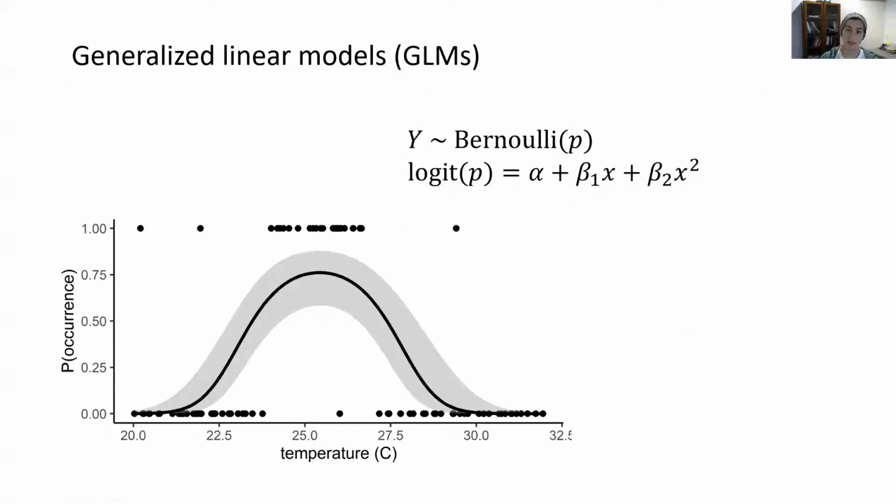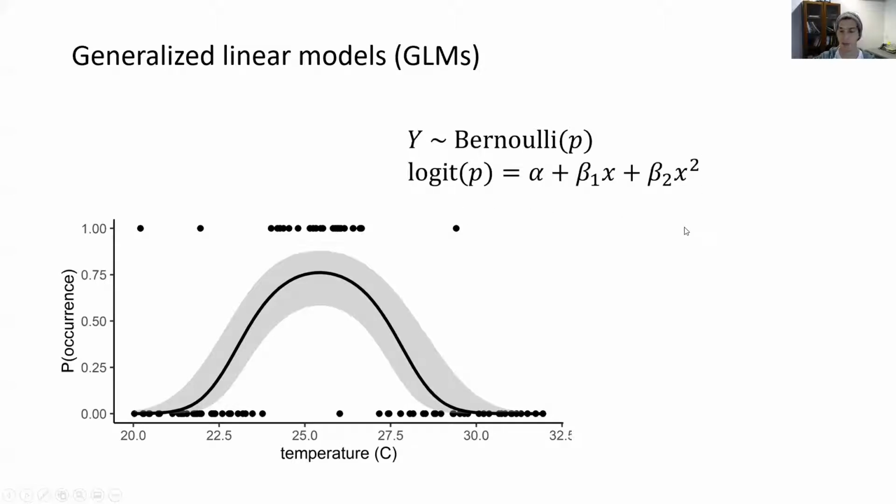Of course, we know that species do have thermal maxima, and therefore we generally expect a species' probability of occurrence to display a hump-shaped relationship with temperature. It occurs for some intermediate temperatures, and then becomes less common as we increase or decrease the temperature away from that optimum. We can adjust this basic Bernoulli model to accommodate this by changing this from a linear relationship to a quadratic one,